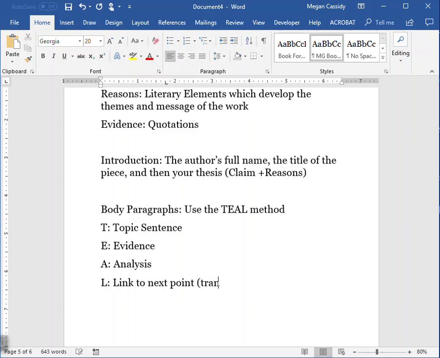Sometimes this can be a transition, but I didn't want to write T. Okay, so